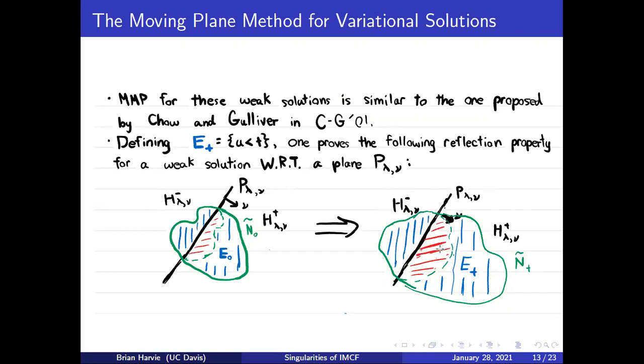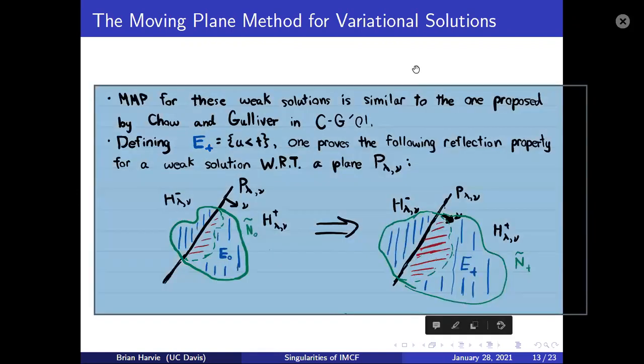I should also mention that the plane here really isn't the thing that is moving. So if you'd like to call this the method of moving planes, just think of the motion as being relative. It's more of just a nice little buzz term, I guess, calling it the method of moving planes. But this is the reflection property that you have.